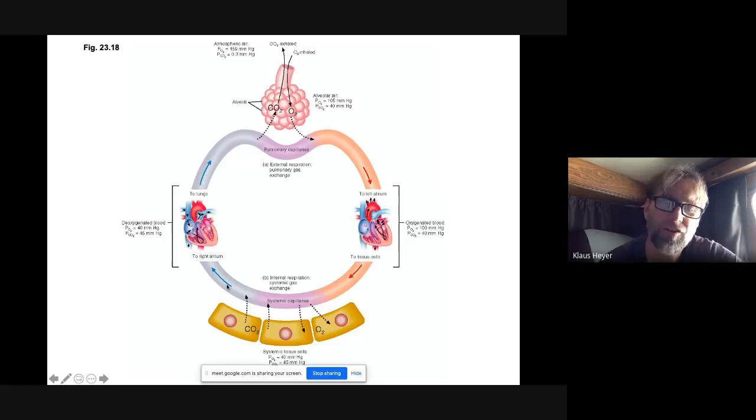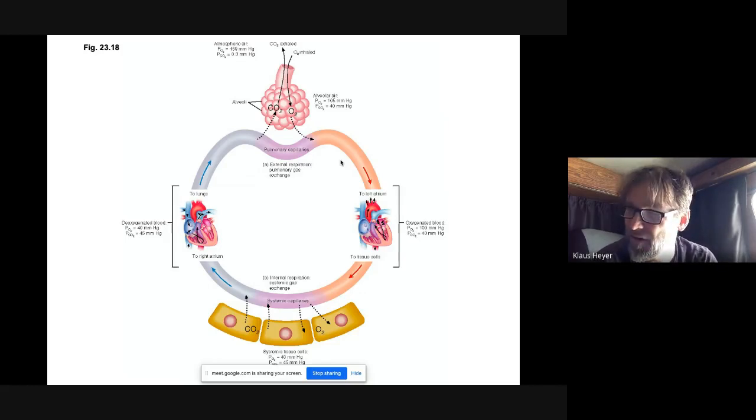Now it's deoxygenated blood coming back up the veins, heading back towards the heart, and it's 40 again. It passes by the lungs and becomes 100. It goes down, passes by the cells, and drops to 40. It passes the lungs again, back up to 100. So that's essentially what's going on. Oxygen is diffusing, going from a